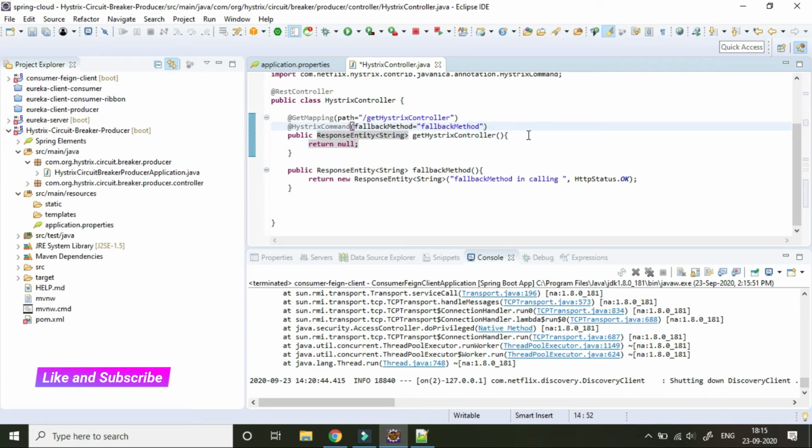Now we'll provide the group key. It might be anything, so I am assigning a group key, and it will display as a group name in the Hystrix dashboard, and the command key will be the same.